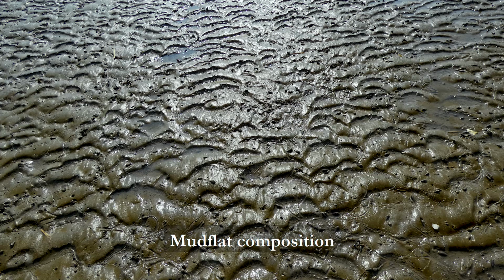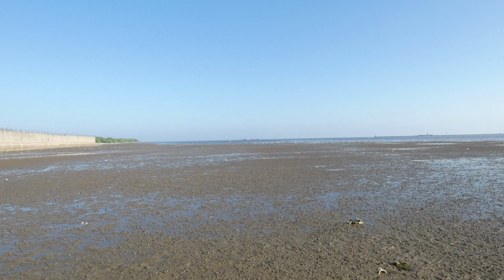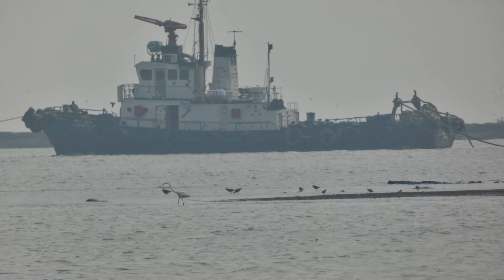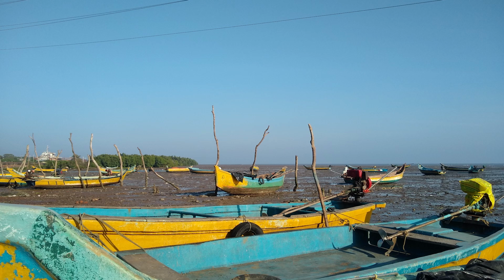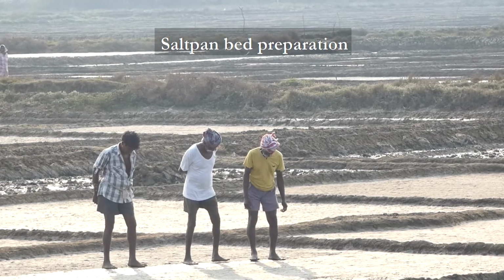Mudflats are low-energy sheltered coastal habitats with deposits of rich organic sediment. They host various mollusks and arthropods, which form an important source of food for these migratory birds. Kumbhabhisheka mudflats are adjacent to the fishing harbour, whereas Yetimogga mudflats lie adjacent to a fishers' village named Yetimogga and are a comparatively calm habitat. Both these mudflats host thousands of shorebirds that visit India to escape the chills of winter in the